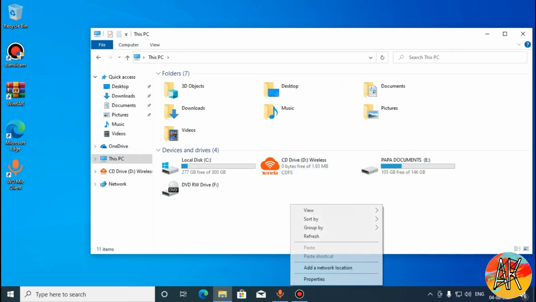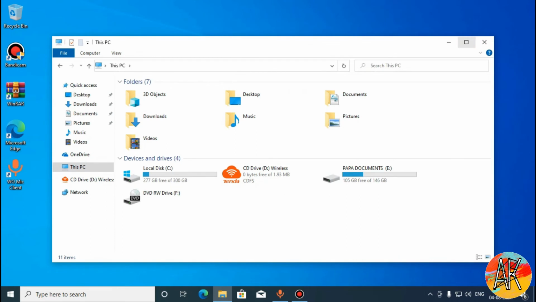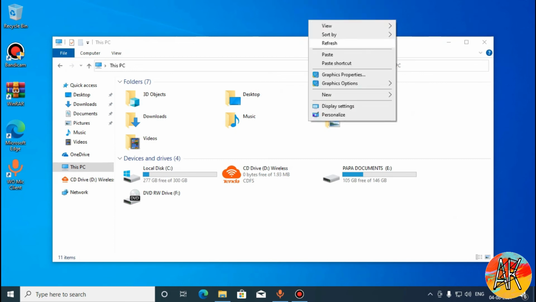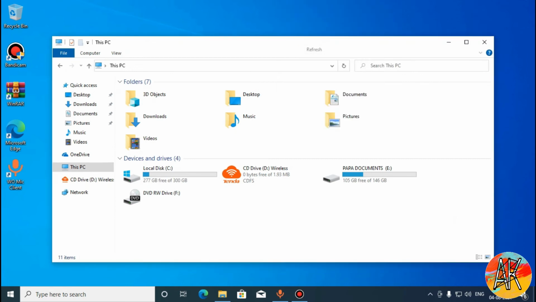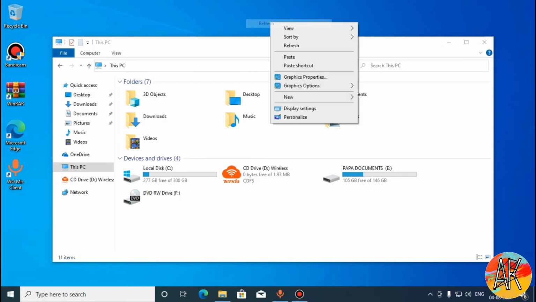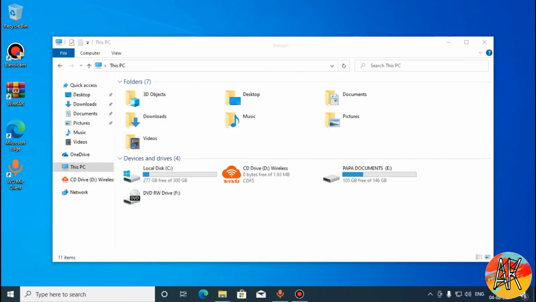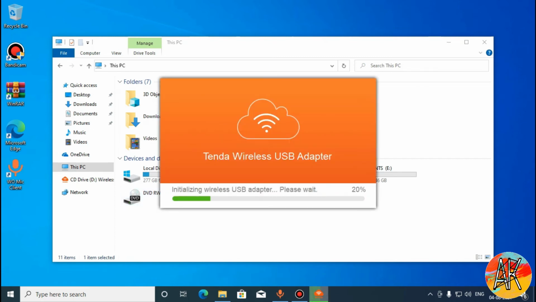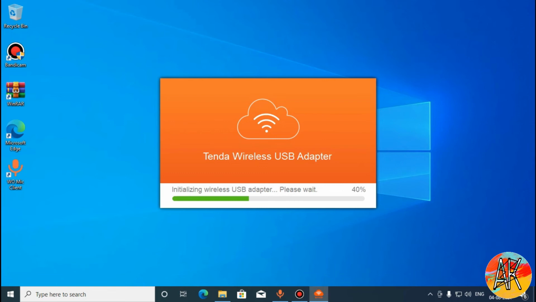So if you have a Wi-Fi dongle and you want to install it, you must be getting a CD with it. Nowadays it is just plug and play, means you plug it in and it automatically installs the driver. But earlier you would get a CD with it, so you can get it from there. If you got a CD, then plug the CD in and open the CD and click on yes, and you can see that our Wi-Fi is getting installed.